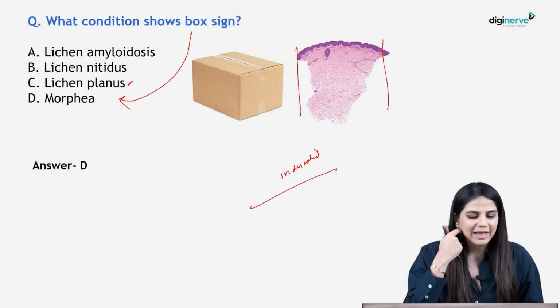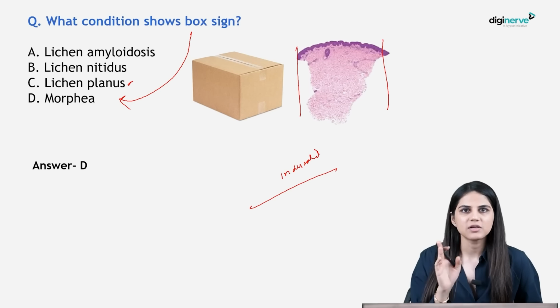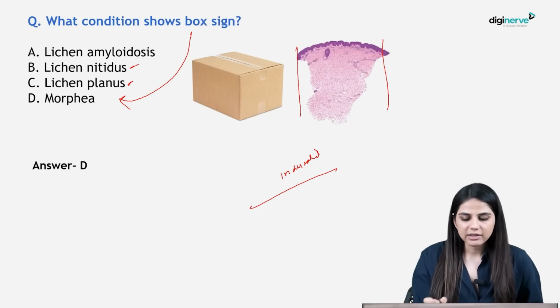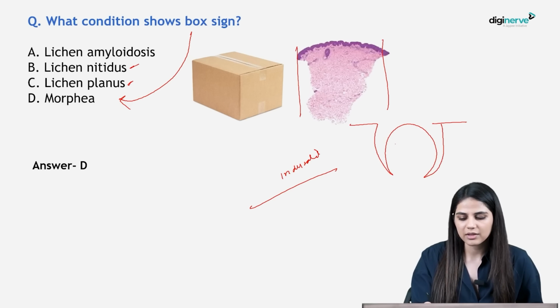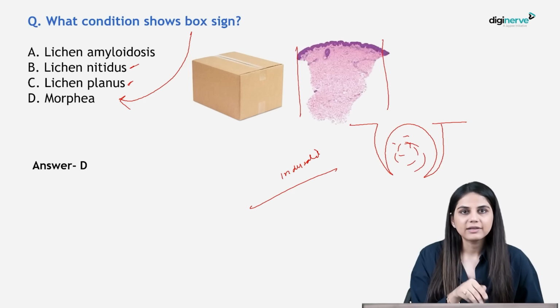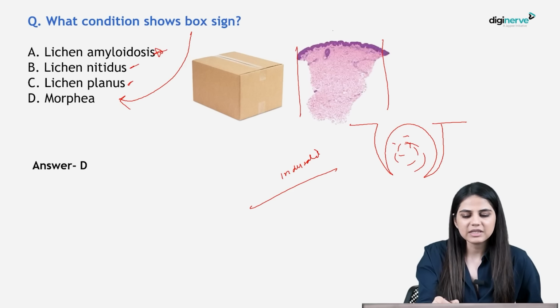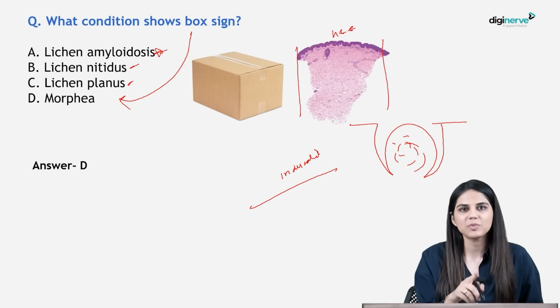In lichen planus, there will be pigment incontinence seen and interface dermatitis. Lichen nitidus has the papillae clutching the ball appearance. Remember that, and lymphocytes here, so that will be lichen nitidus. And lichen amyloidosis will show some degree of amyloid deposition, and secondly, it will not be stained with H&E, it will be stained with special stains.